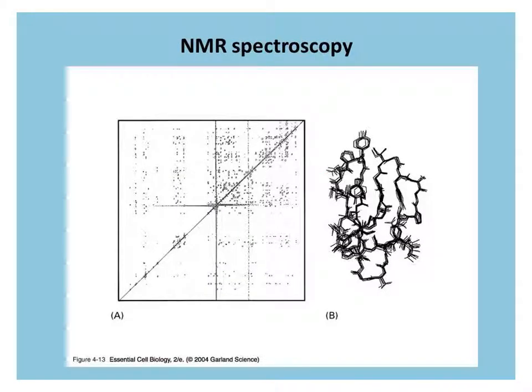Another important technique is NMR, nuclear magnetic resonance spectroscopy. And this is a little different. Proteins still have to be purified, but you do not have to crystallize the protein to use NMR, which makes it a little simpler. However, NMR can only be used on smaller proteins, approximately 40,000 Daltons or less. So you can't use extremely large proteins to determine the structure using NMR. You could break it into its domains and study individual parts of the proteins,